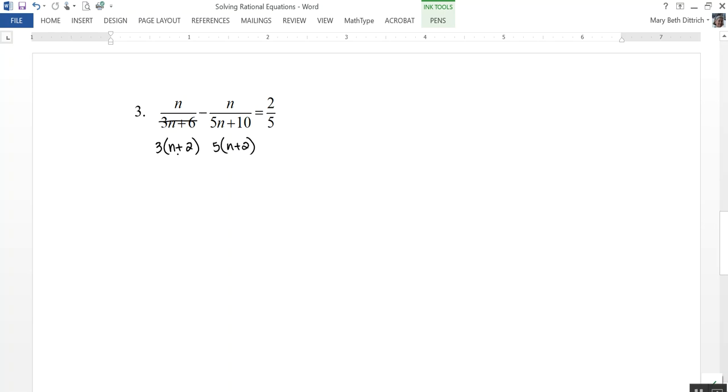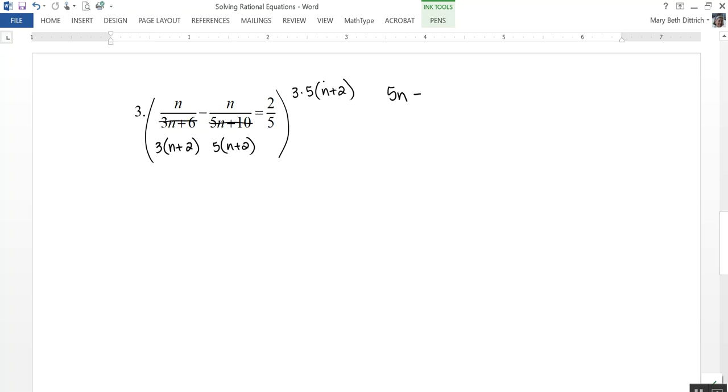So looking at my denominators, I have a 3 and an n plus 2. Here I have a 5 and an n plus 2, and here I have a 5. So my common denominator is going to be a 3 and a 5 and an n plus 2. So let's multiply the whole thing by 3 and a 5 and an n plus 2. So when I distribute to my first rational expression, the 3 and the n plus 2 cancel out, and I'm left with 5 times the n that was originally on top,